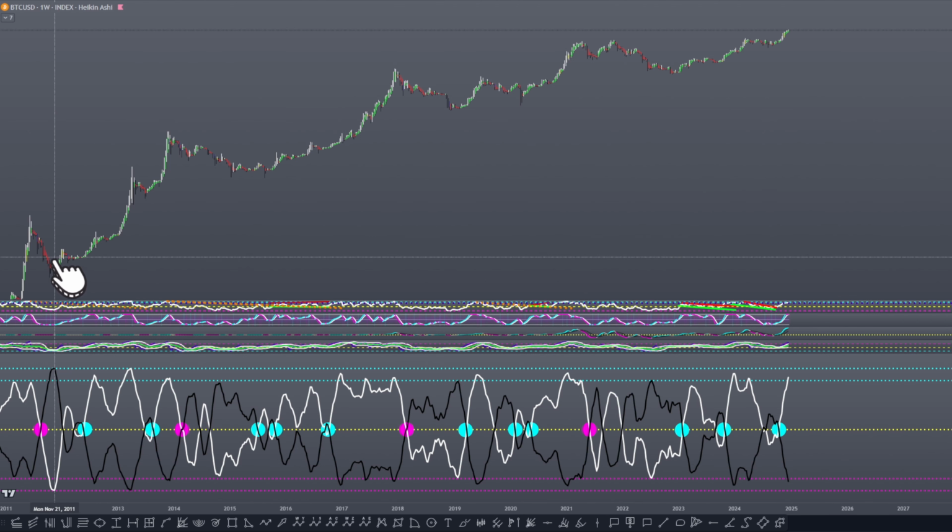For phase 1 of cycle 2 back here, it would have been this portion where it saw a build-up from around $2 to around $16, $17, and then from this point onward, November 2012 to December 2013, it was just straight parabolic, obviously with this intermediate healthy correction before ending that phase 1. So if we then pick up at the end of phase 2, cycle 2 for Bitcoin, end of 2017, then heading into the beginning of 2018, that leads down here on the ASO to February of 2018.